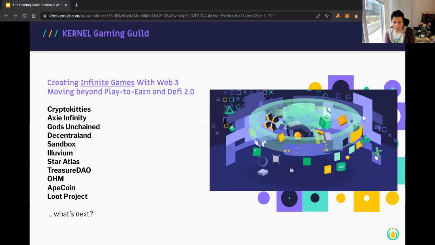And a little bit more about the Kernel Gaming Guild also for Tim. The goal here is, as I mentioned, we want to explore how to make games in Web3. We've seen games be one of the apps that we see in Web3, starting from CryptoKitties, of course, Axie Infinity, Gods Unchained, and we've seen these new games come out. And the Loot project, I would say, is a very unique one, a very interesting project that we haven't really seen in Web2. And a lot of it is because of the collaborative world building, which we see only Loot and some of these projects able to successfully do.